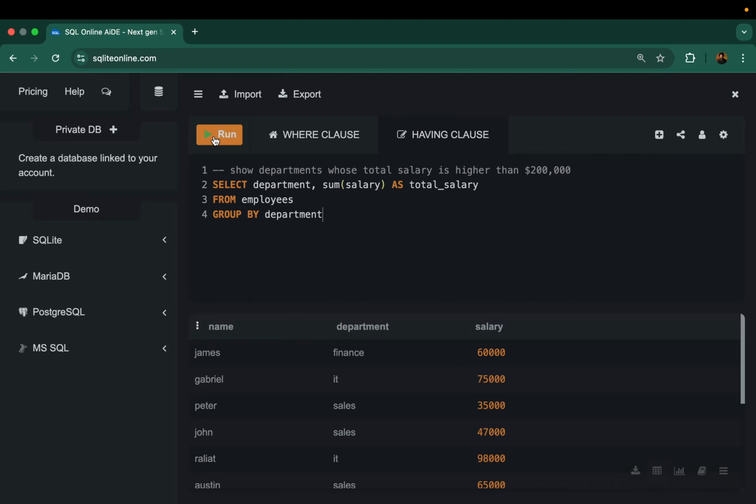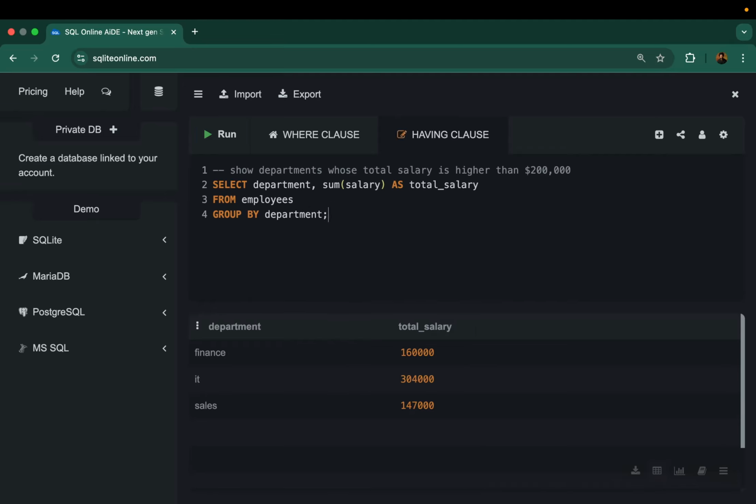So if we run this, we can see that we have 160k as the total salary in the finance department. We have 304k as the total salary in the IT department, and then we have 147k as the total salary in the sales department. Now the question says, show those departments whose total salary is higher than 200,000. So we want to see the department where the total salary is higher than 200,000. Because this is a small data set, we can just say that only the IT department's total salary is higher